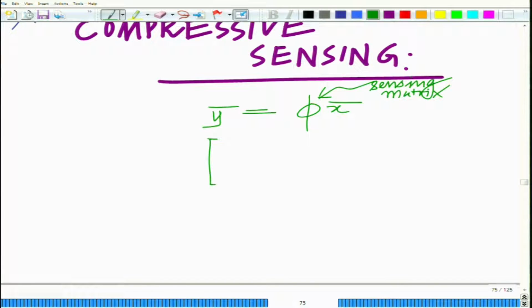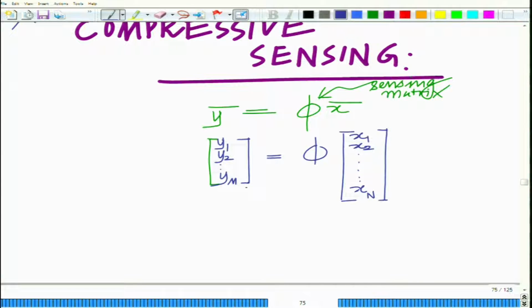And you have m measurements y1 through ym. You have your matrix phi, and I am going to draw this vector much larger than y bar purposefully, because we are making much fewer measurements than the length of the signal x. Okay. So, this is your measurement vector,